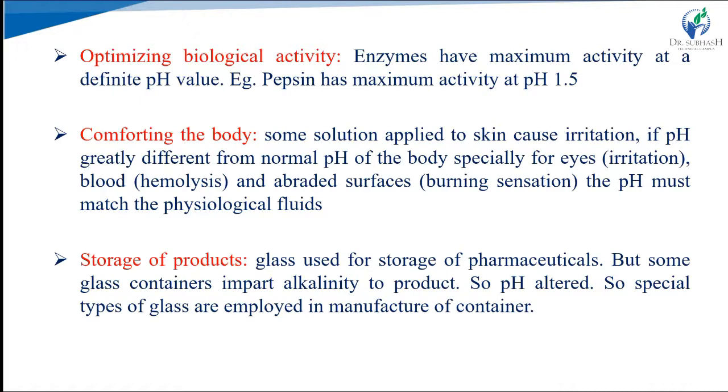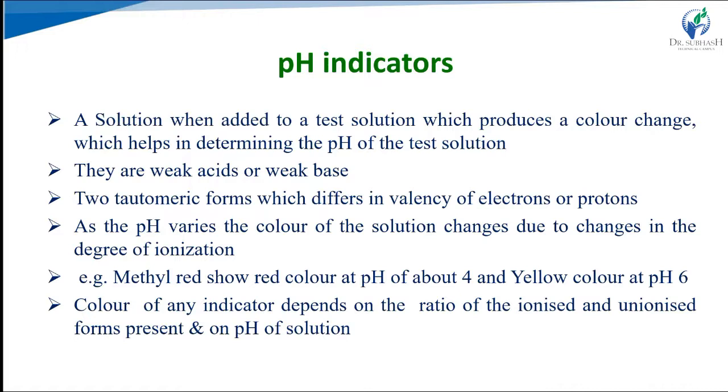So the pH may get altered. A special type of glass is used for manufacturing or packaging. Buffering solutions are added to maintain the pH for the eye, so an isotonic solution is required. For the soft tissue and nasal cavity, specially prepared dosage forms are administered, and at that time we have to maintain that particular pH by buffers or buffered isotonic solution.